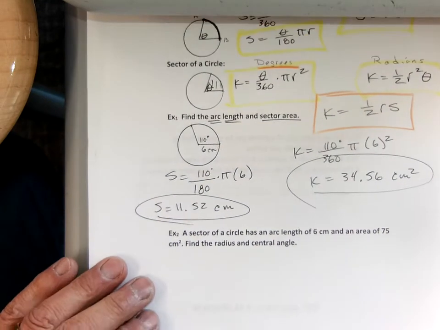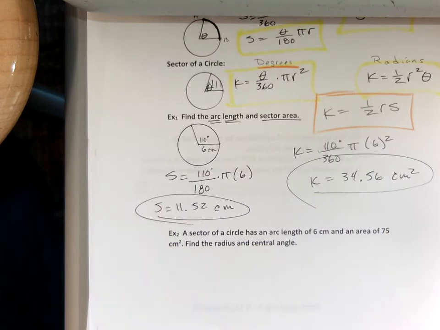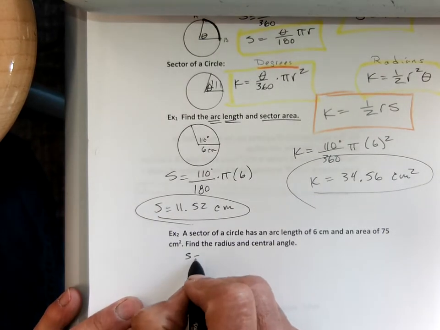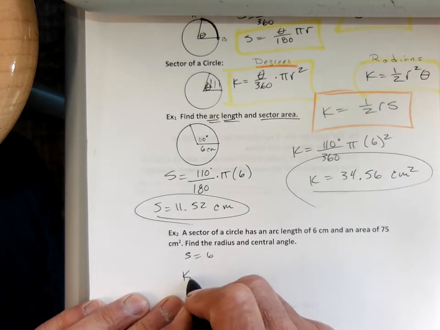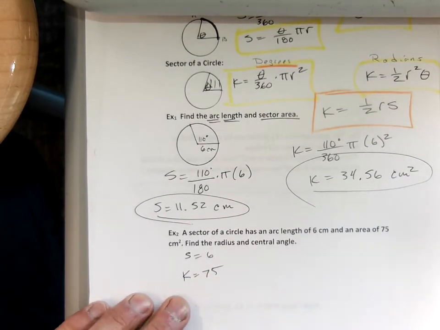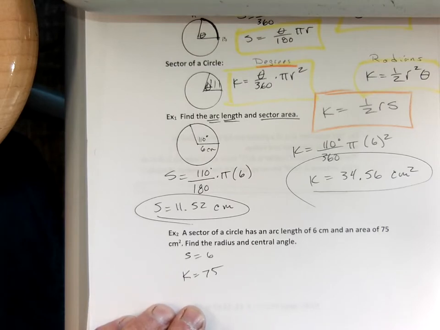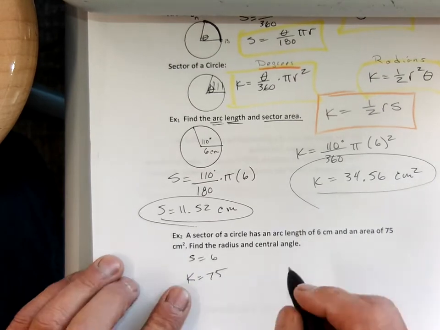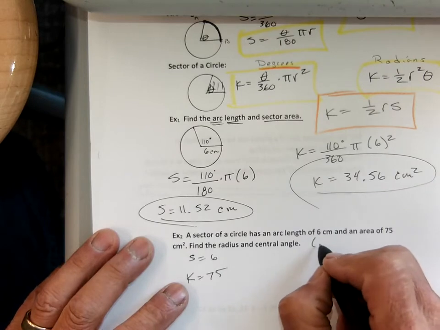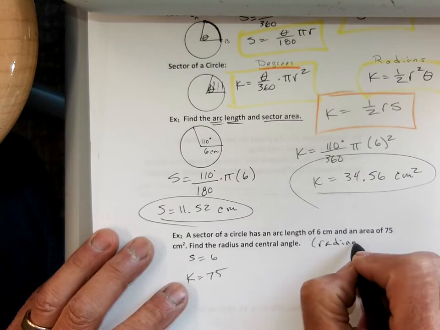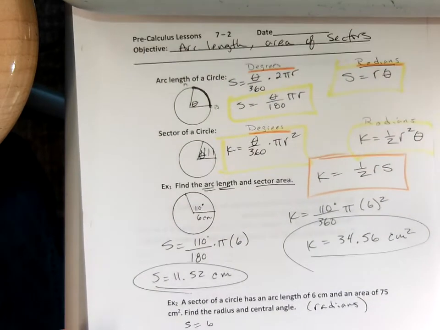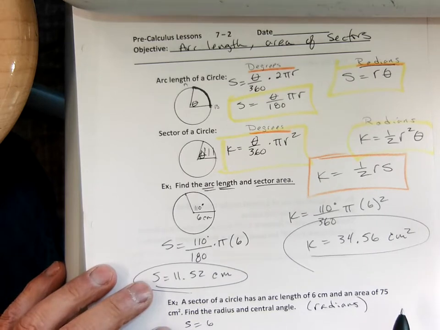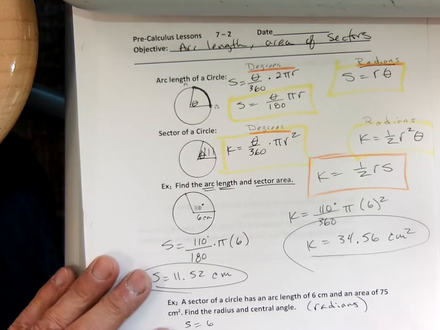Okay, example 2. Sector of a circle has an arc length, so S is 6, and an area of 75. Find the radius and the central angle. Okay, now let's find the angle in terms of radians, okay? Because it's easier. Plus, I want to get us more and more closer to doing radians, okay? So, let's first of all talk about the sector, okay? So, if I've got